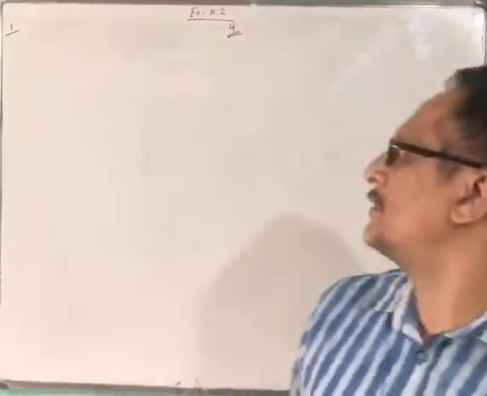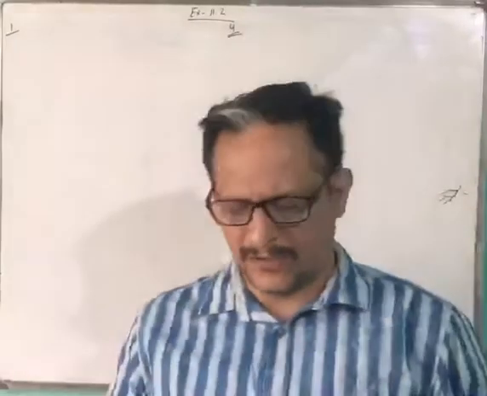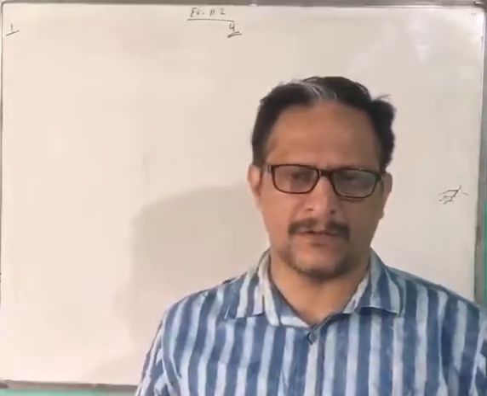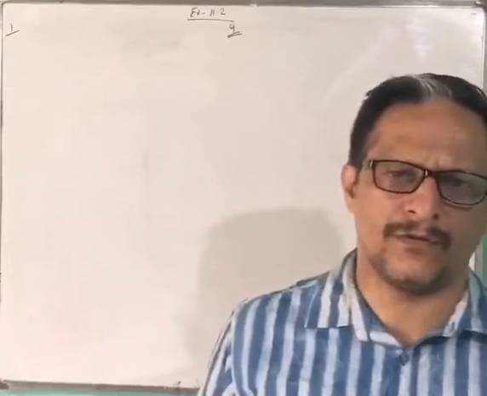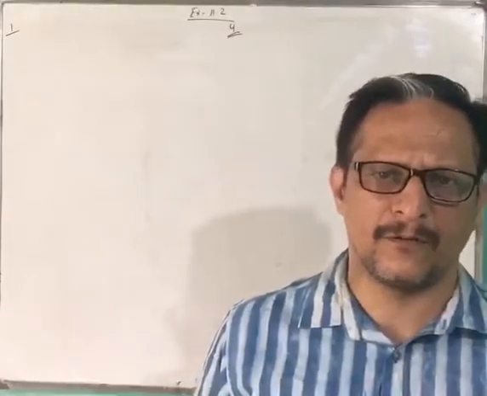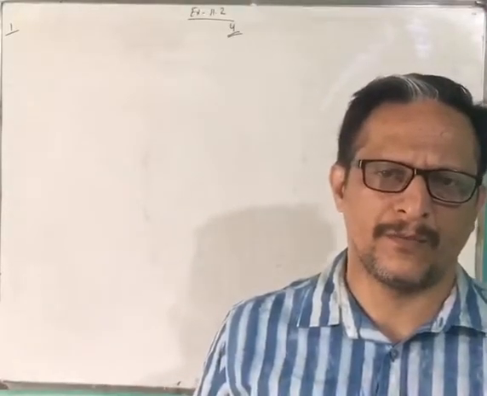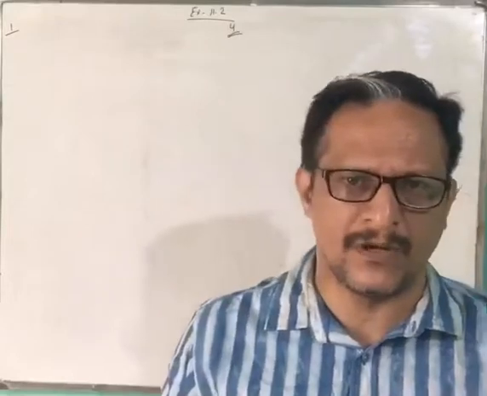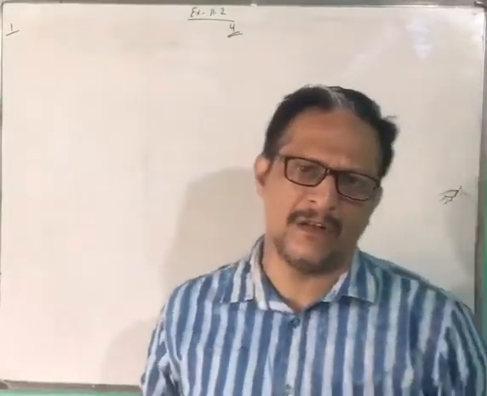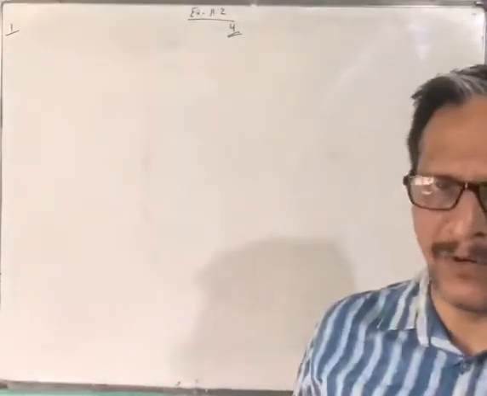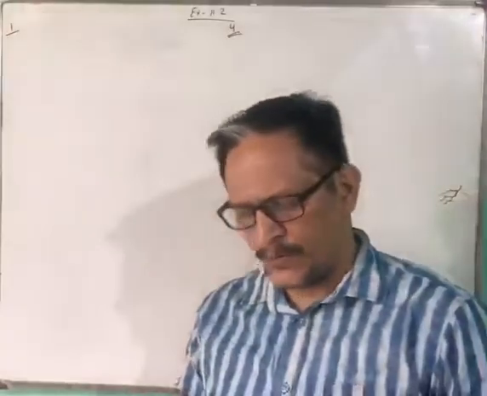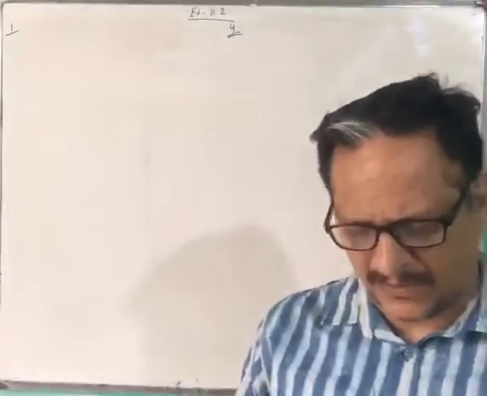Okay, so this is your exercise 11.2. Here in this, you have to find out the compound interest. So how can you find out the compound interest? You have to find it by adding the different simple interests, depending on the time given in the question. In this way, you have to find out the simple interest and compound interest too. So let's see what question is given here.